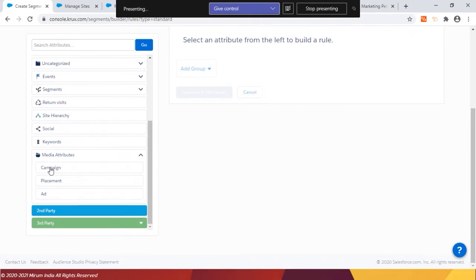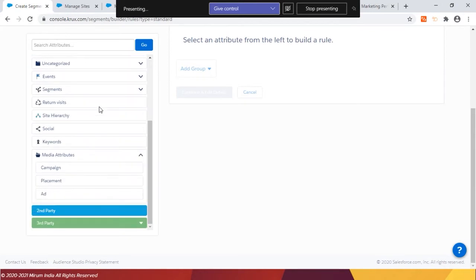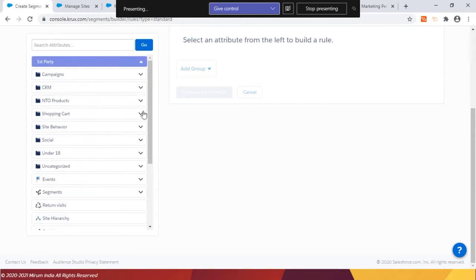So I might have reached out to people and run campaigns based on their profiles. I might have run Facebook campaigns. I might have run display campaigns. I can pull in that data as well, because my DMP media tags are also part of the ongoing paid campaigns which are happening. And then there is second and third party data available as well.